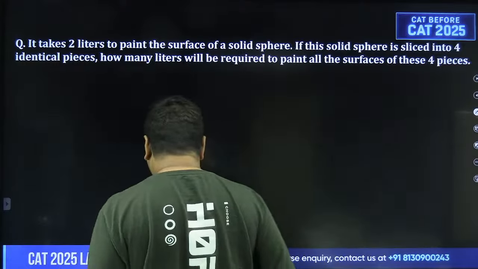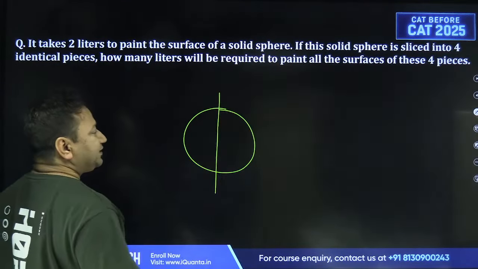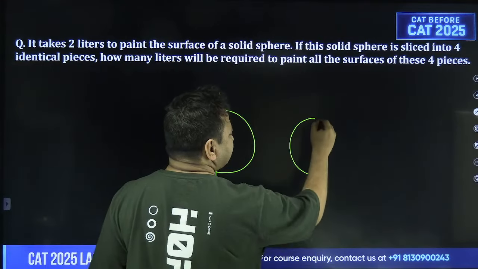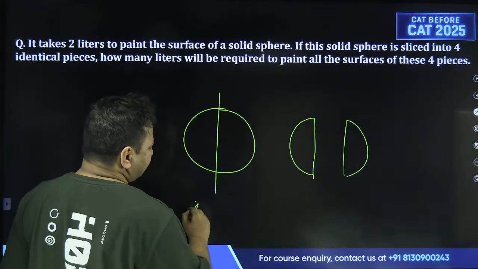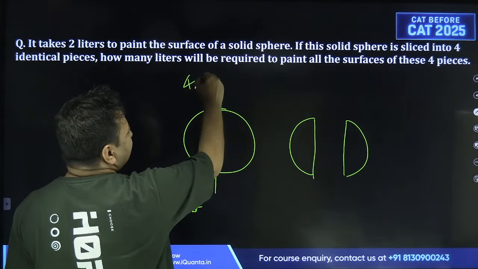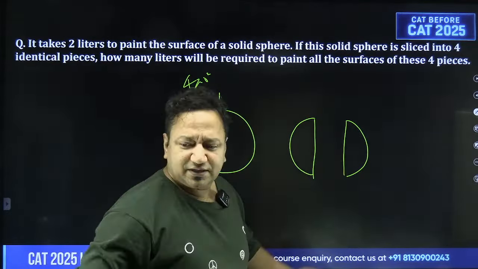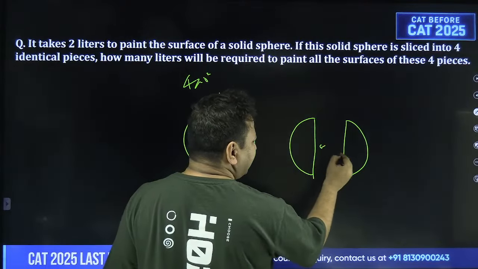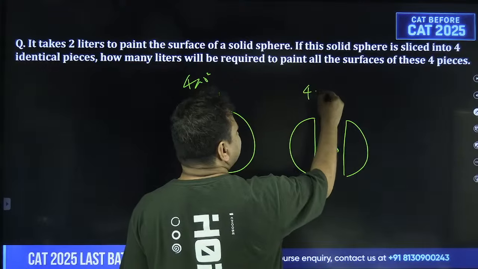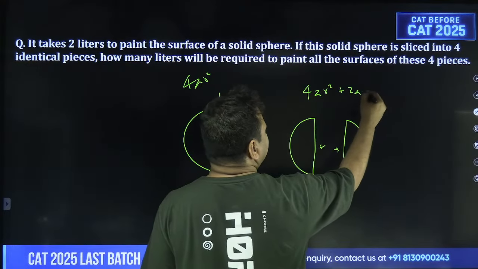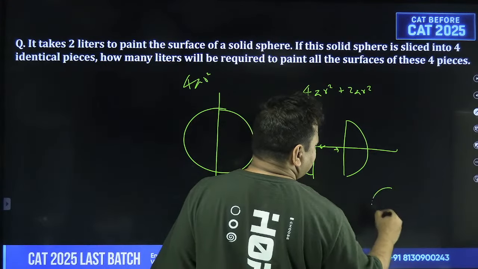Okay. Now we need to imagine this. There's a sphere. I just cut it. So now I have 2 hemispheres. Originally it was basically 4 pi r square. The moment I do it, I have made 2 circles, one here with pi r square unit each. So 4 pi r square is already there. 2 more came. Then I cut it through the middle like this. So I got